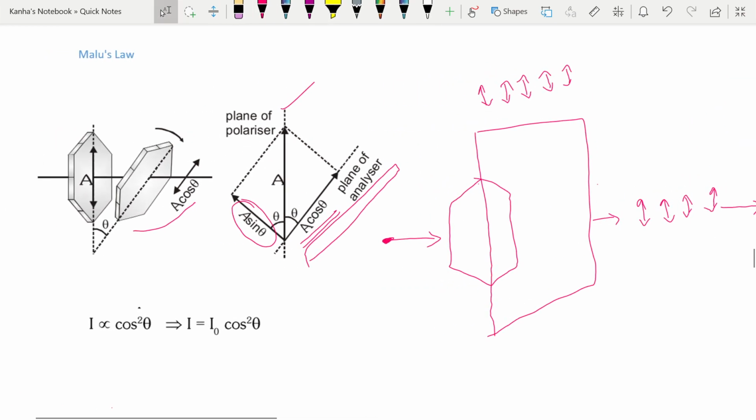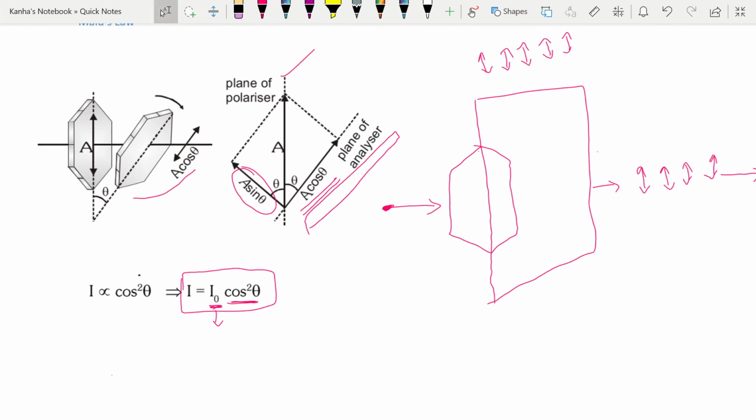This means that the intensity that comes out of a polarizer will be equal to I naught times cos square theta, where I naught was the intensity of the light coming into that polarizer. This will be evident when you look at some problems. The first thing you should notice is that if you have unpolarized light incident on a polarizer, you get the average value of I naught cos square theta. The average value of cos square theta is equal to half. So when you throw in unpolarized light, the emergent light will be equal to I naught by 2.